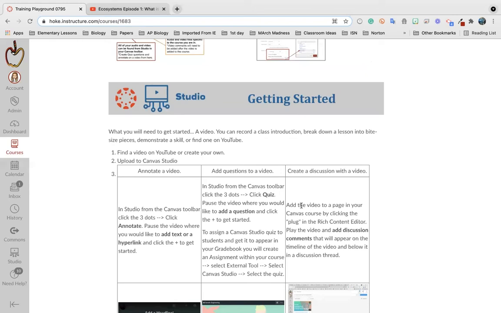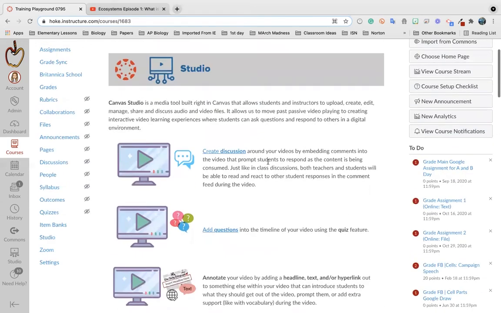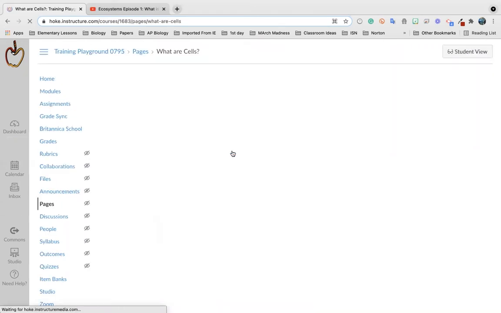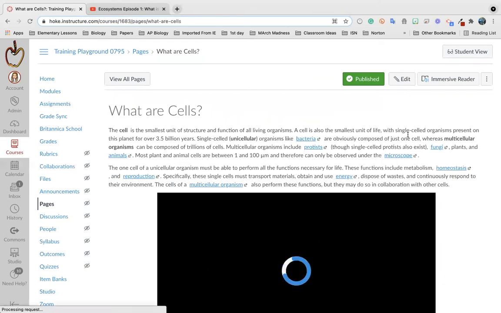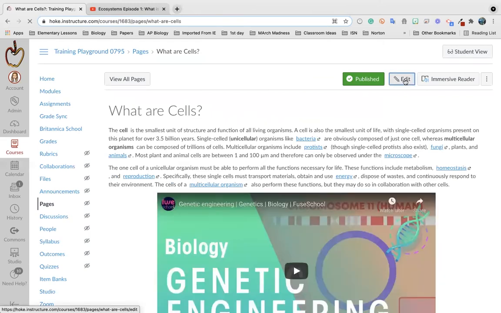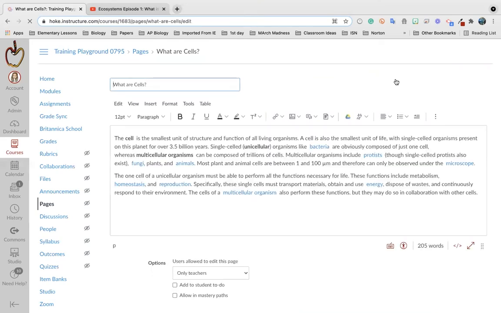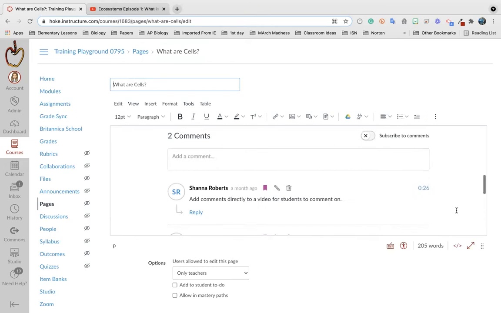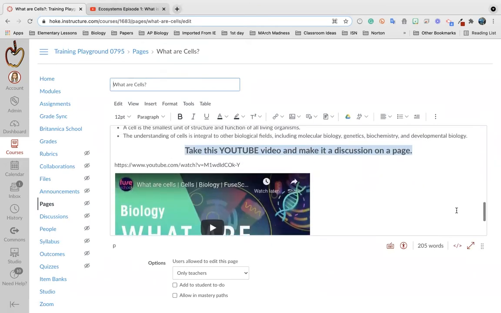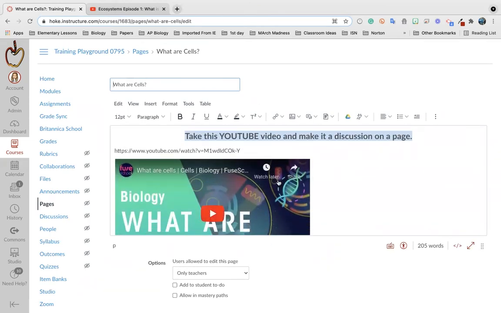So we're going to go look at how to add a video to a page in your Canvas course. You're going to do this by going to the rich content editor and then adding that video. So let's go back up here to our discussion page. So we're in a page. We're going to click edit. Right, so you've added whatever you want, and I'm right at the point where I want to add a video in a page. So we're going to say we want to add this ecosystem